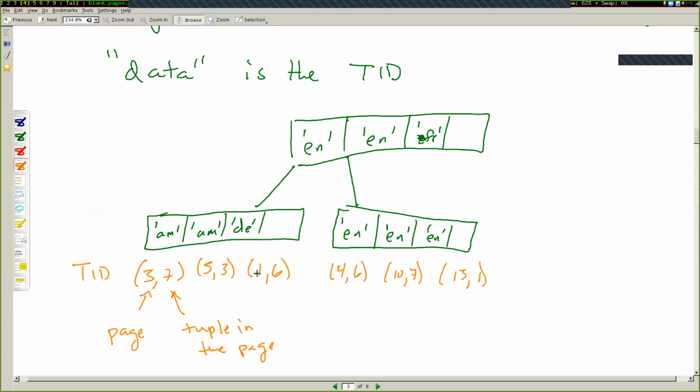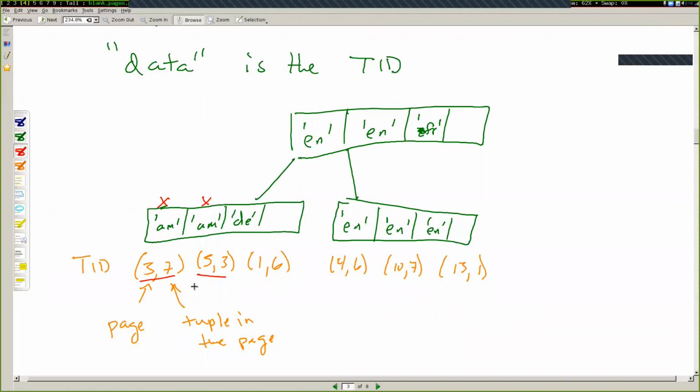And so in an index scan, the way we get the information that we need is we go through the index and find all of the tuples that match our condition. So here we looked for language equals AM. That would identify this position and this position right here, so these two particular tuples that we need to look at. And then once we have that list of tuples, we go to the table